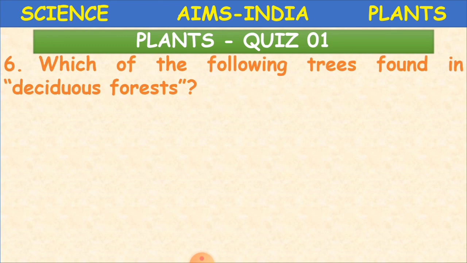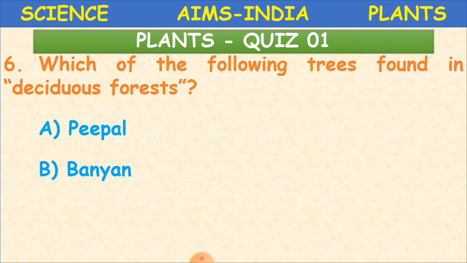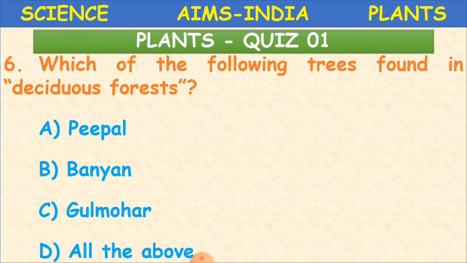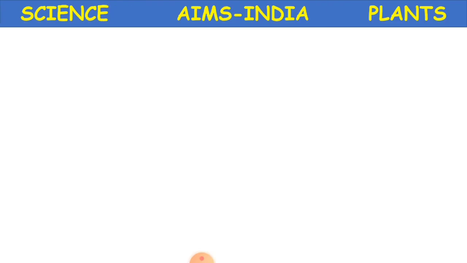Which of the following trees are found in deciduous forests? So you have to name the tree which is found in deciduous forest. Example, peepal, banyan, gulmohar, or all the above. Which type of tree do you find in deciduous forest? The answer is all the above. We find peepal, banyan and gulmohar. Okay, children? The next question is,